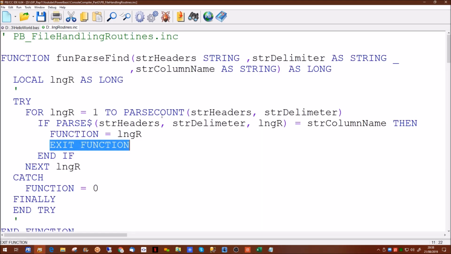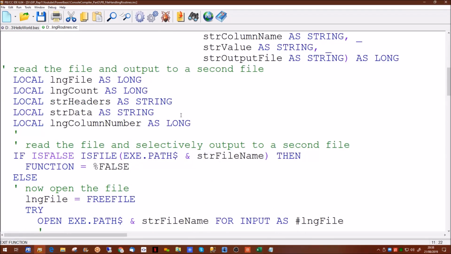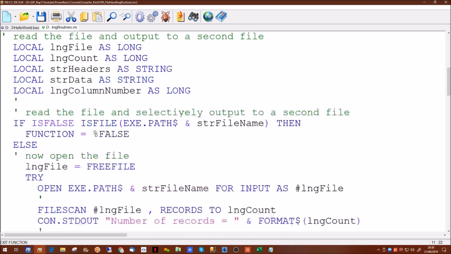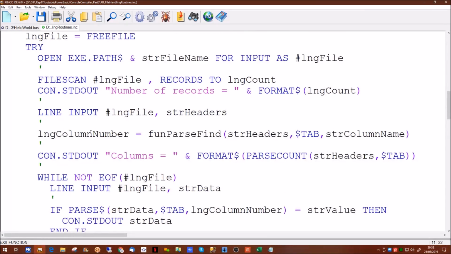Now what we are going to use in here is the debug functionality, which we'll find is very useful within PowerBasic. Now we're fairly sure of the code up until this point. This is code we've not actually tested yet. So just to test this is actually going to work correctly,